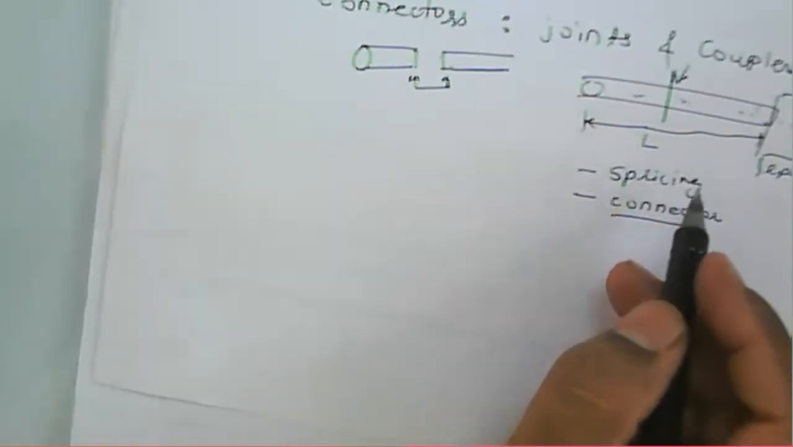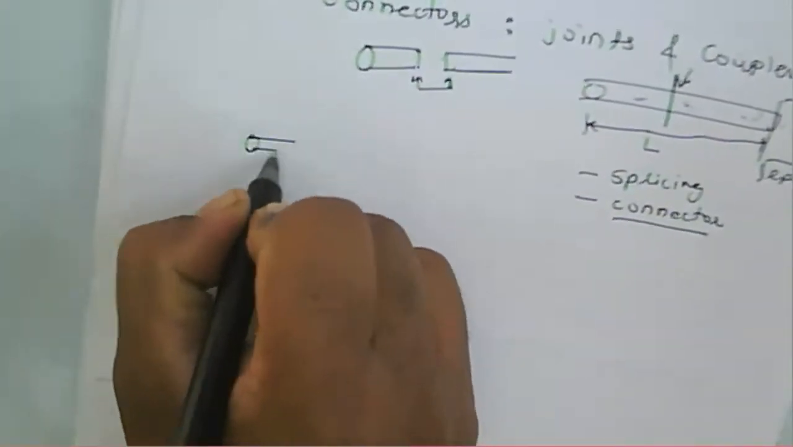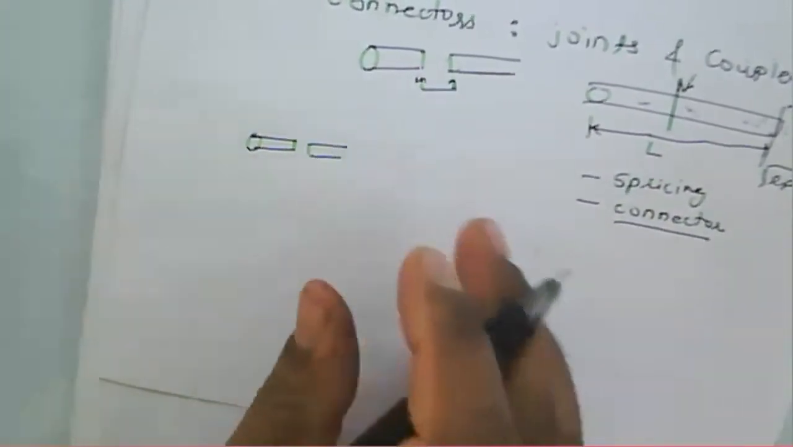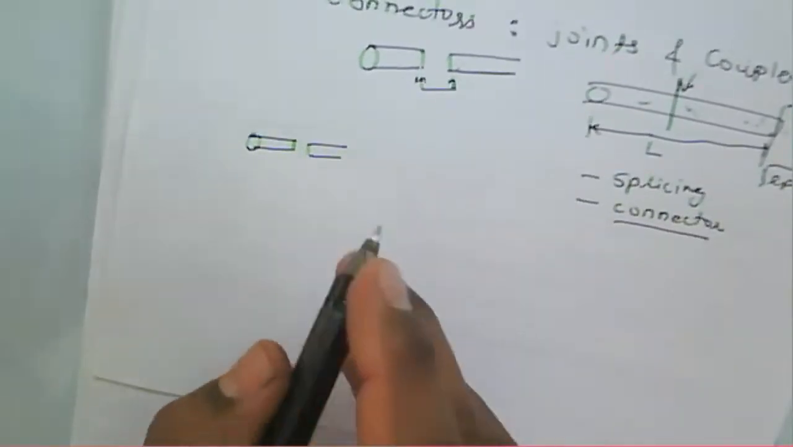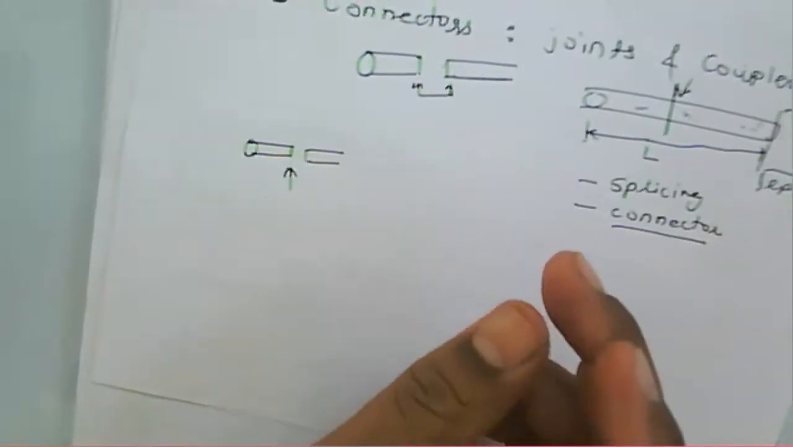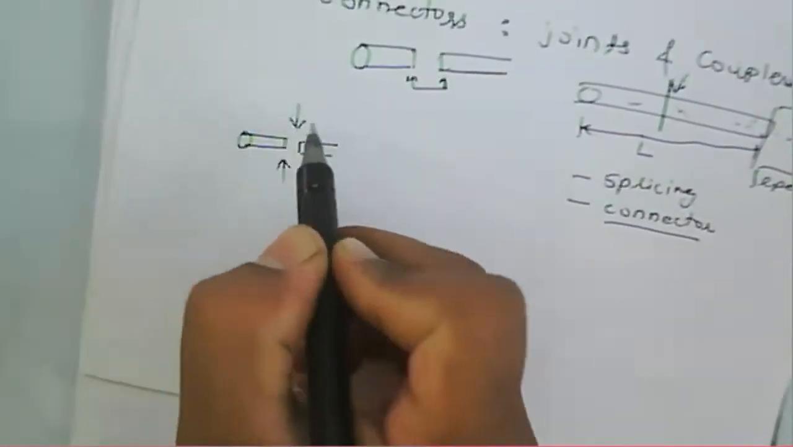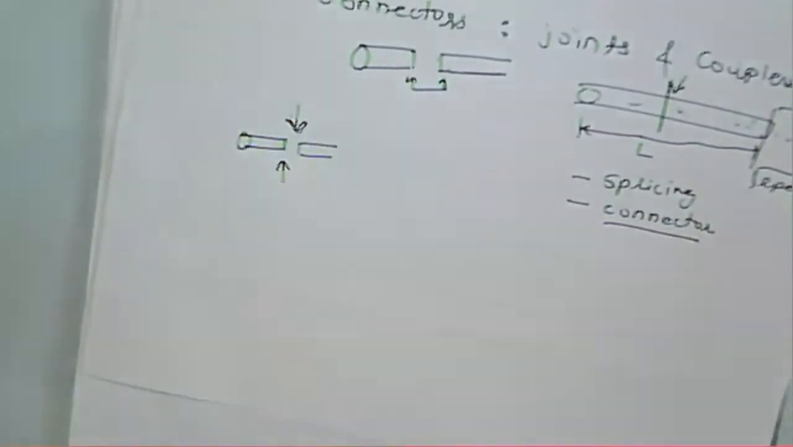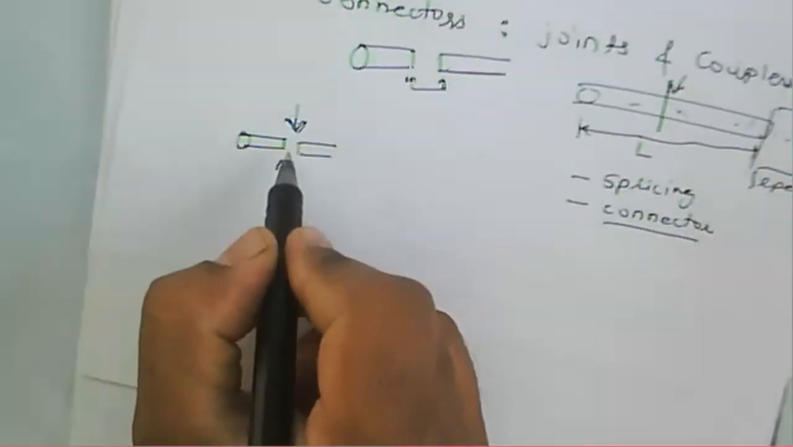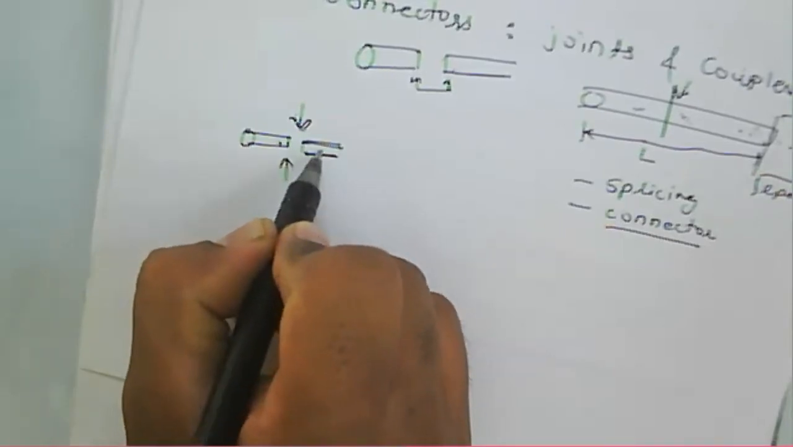And here the splicing is nothing but a permanent join between the two fibers, and that is just like soldering a wire in electrical technology, that is, a soldering joint in electrical engineering. It's similar to the splicing technique. Splicing means we are just connecting two fibers, just like we are soldering in electrical work. Okay,